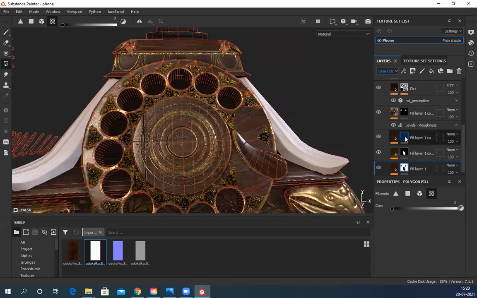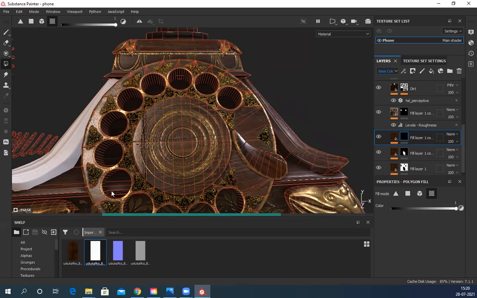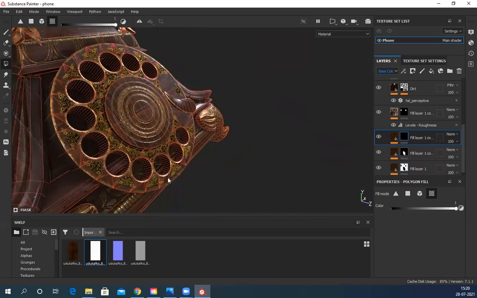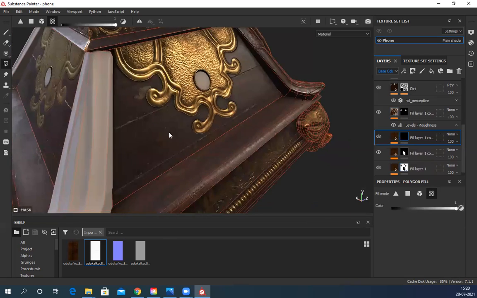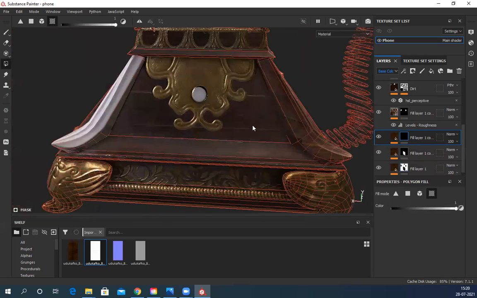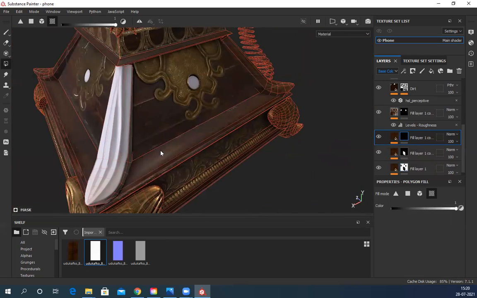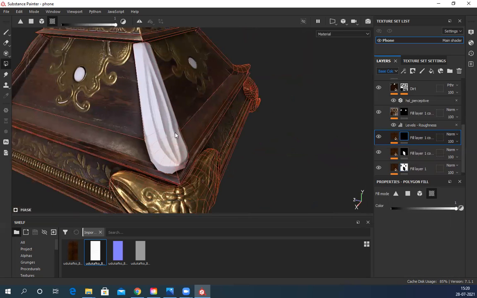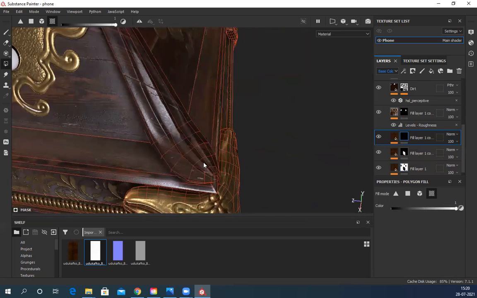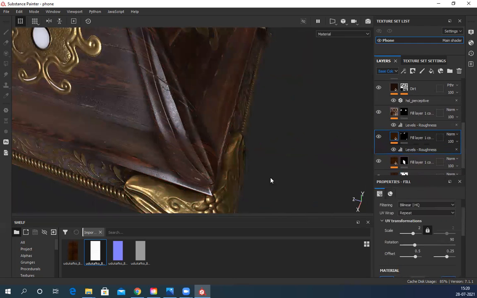Okay, now select this one, X, fill. Okay, now this direction I need to fix. So this much precision and this much detail is required for any texture. Detailing is something you need to pay really good attention to.